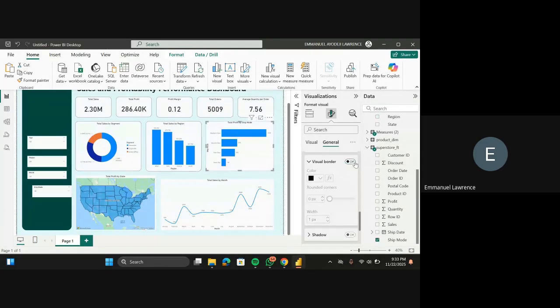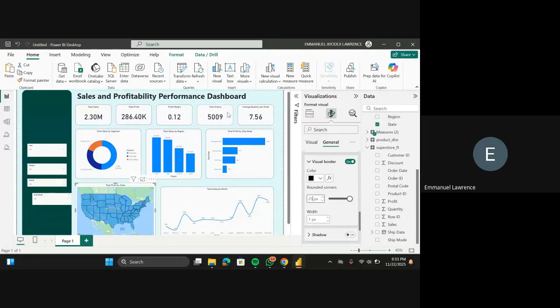Same here. Rounded corner about 25. I just want to do that for everything, so everything can look beautiful and be uniform as well. Then lastly for this, rounded corner about 25, right? Yep. So now this is looking good.